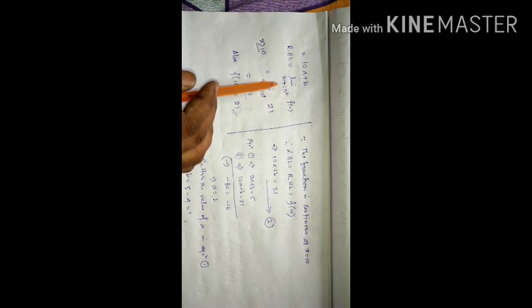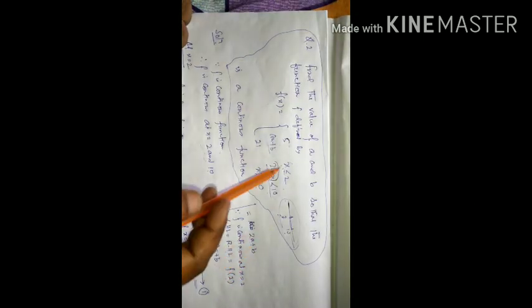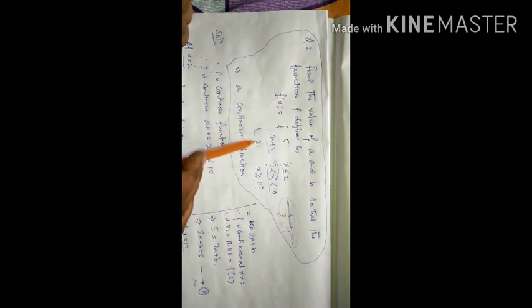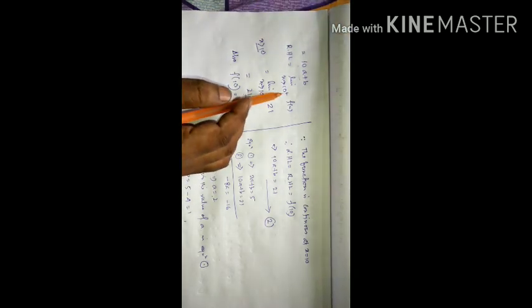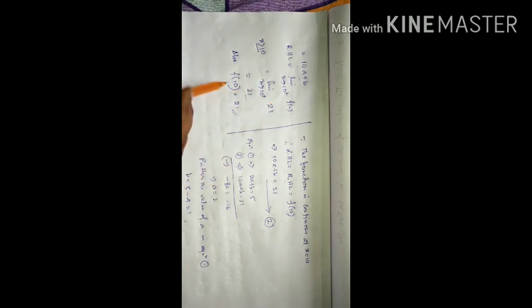Now the right hand limit is the limit as x tends to 10 plus of f(x). x tends to 10 plus means x is greater than 10, and then the functional value is 21. At x equal to 10, f(10) is 21, and when x is greater than 10, f(x) is also 21. In this case f(x) is equal to 21, and the limit of a constant is the constant. And f(10) is equal to 21.